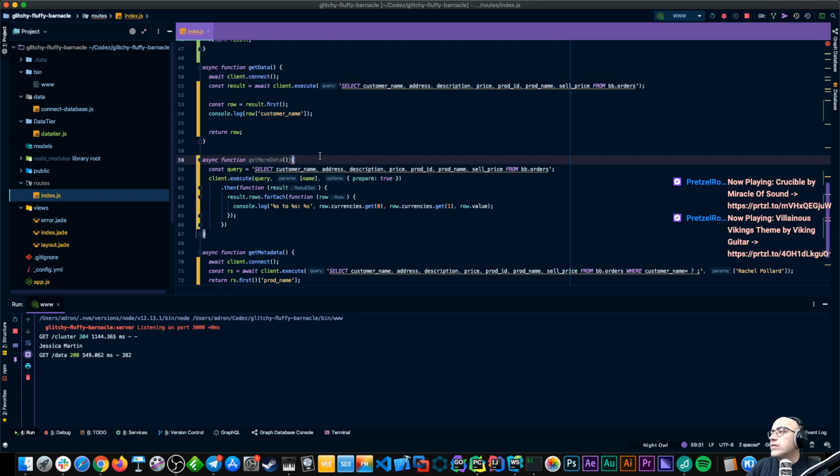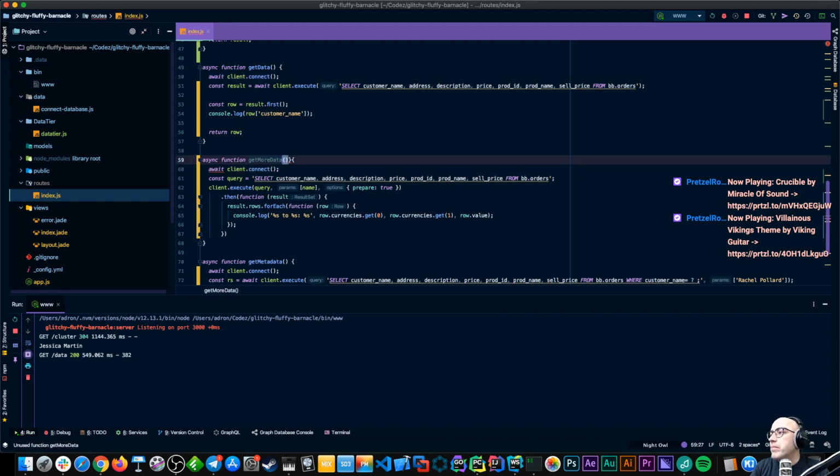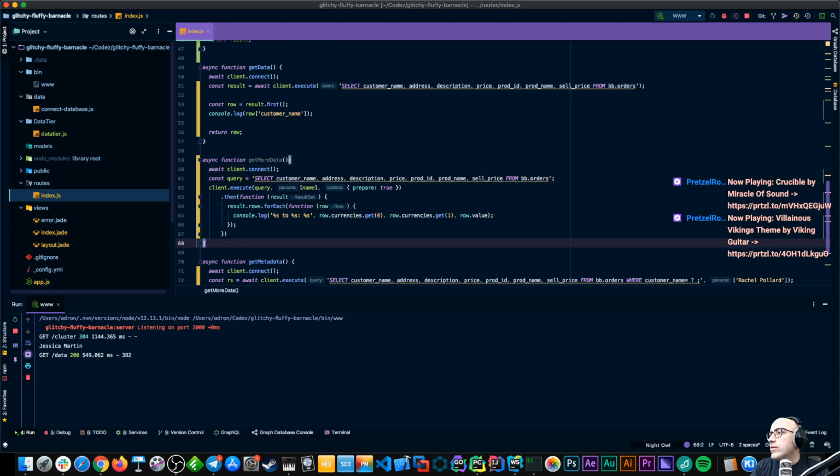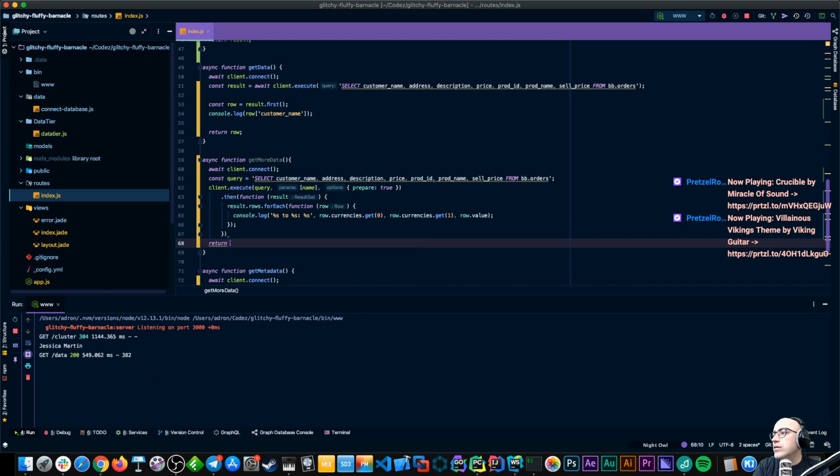And we do need this to make sure that the connection is made. That doesn't need to be there, okay. And then we need to return, okay, all that stuff. And then that returns a row up above, and this needs to return